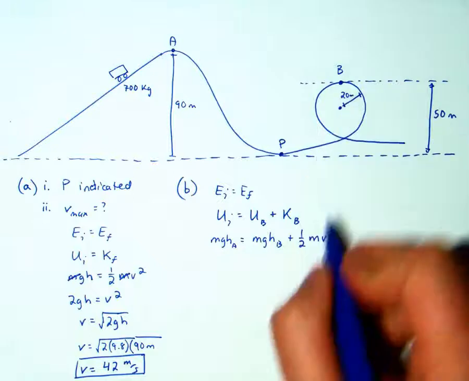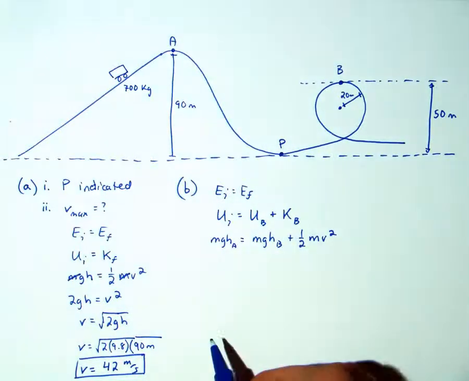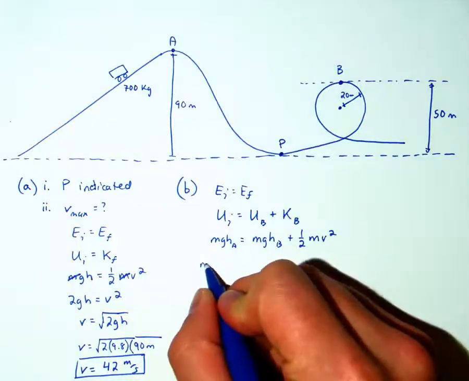And that is going to give us the velocity at point B. So if we do some simple algebra, we can see that